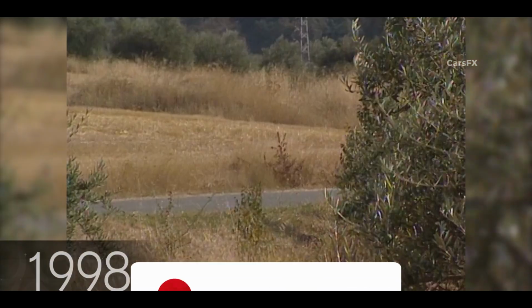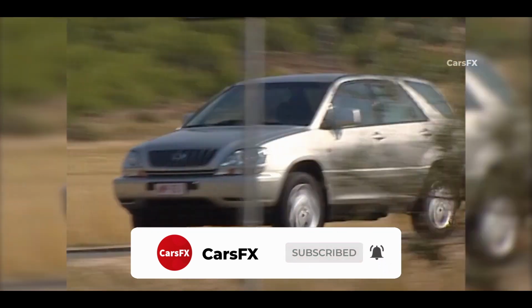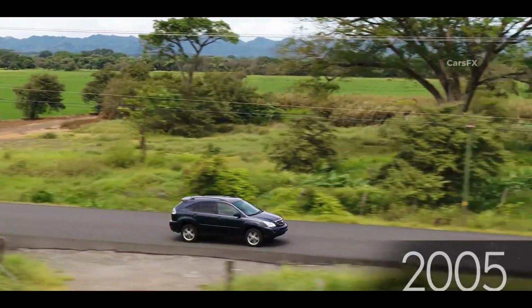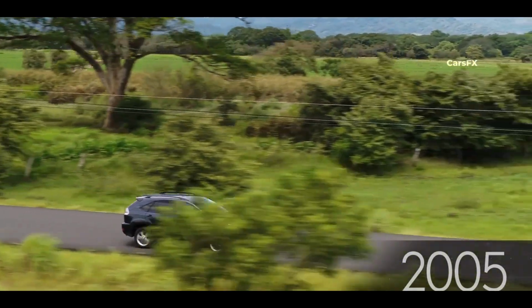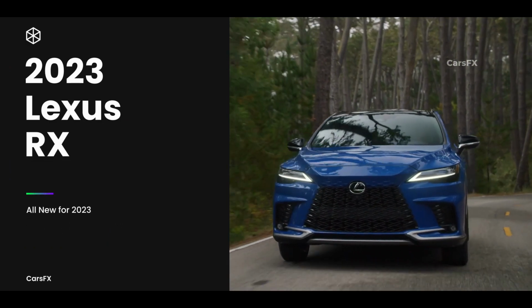There aren't many luxury SUVs that had as successful a run as the Lexus RX. 24 years of uninterrupted sales dominance, and that's in part because the RX is the OG of the group, but also because Lexus knows not to fix what isn't broken. So while the 2023 RX is indeed all new from the ground up, it doesn't stray far from the same